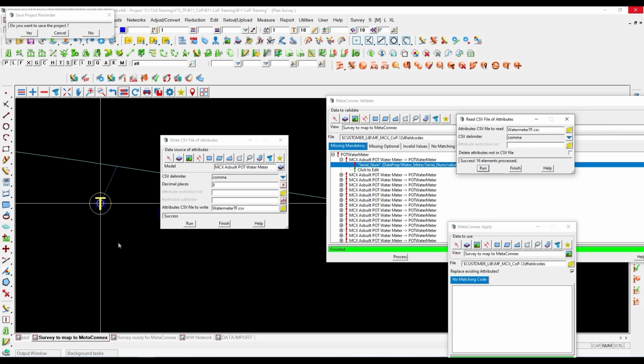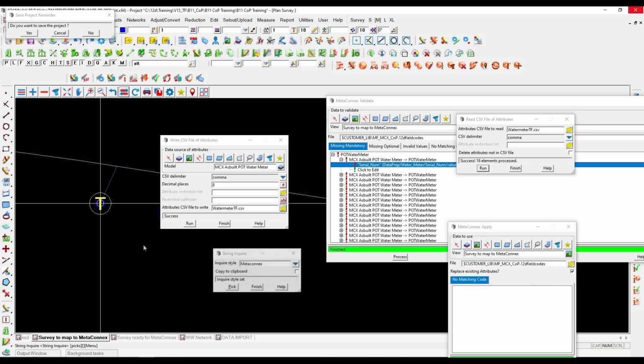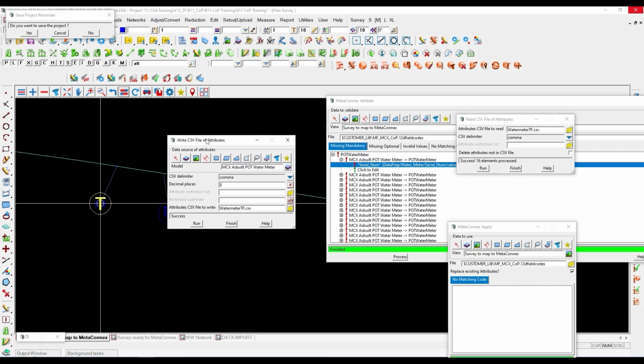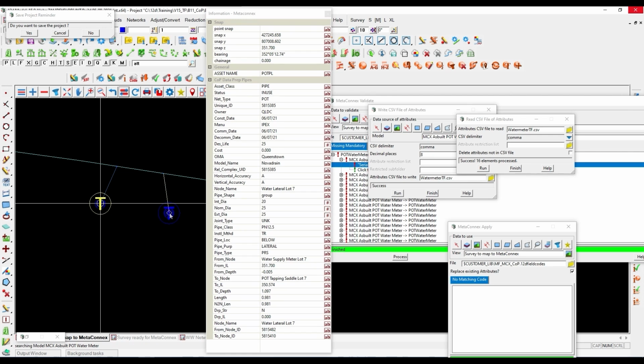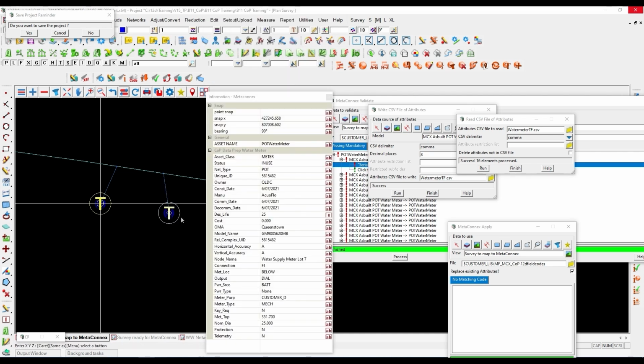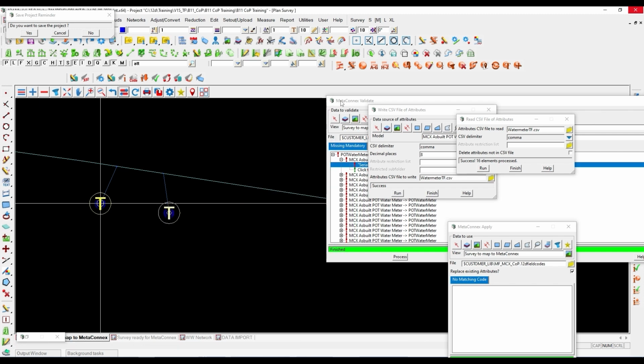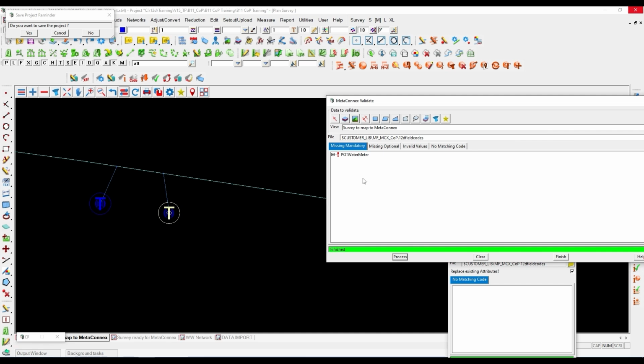If I do an F2 inquire on my meter, you can see it's actually got the meter number in here. It's not displayed, but it's put the value there. So if I go and validate it,